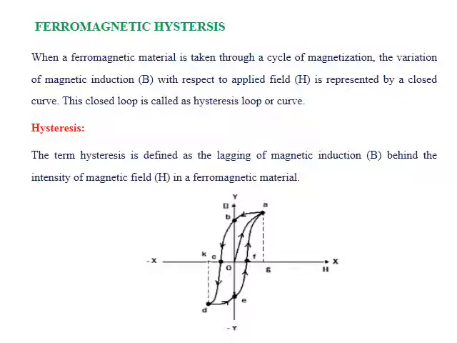Now let us start the demagnetization process. It is nothing but application of magnetic field intensity in the opposite direction. Now we are reducing the magnetic field intensity. What we observe from the curve from A to B is that the reduction of magnetic induction does not have the same rate as that of magnetic field intensity H. When the H value reaches 0, the capital B value, that is, the magnetic induction, does not reach 0. It still has some value, which is represented by the point B.